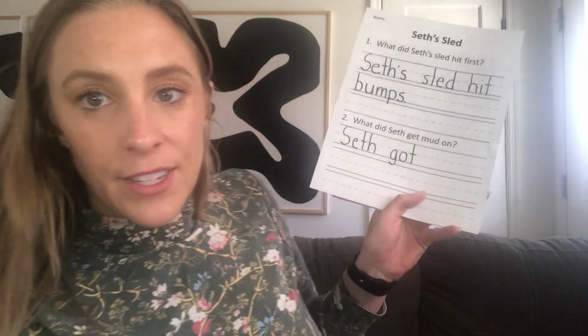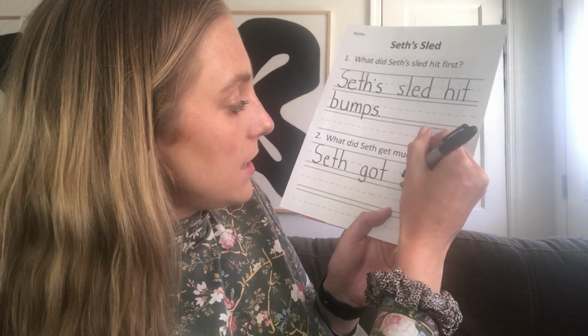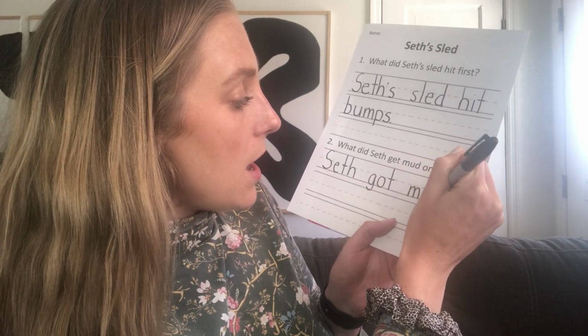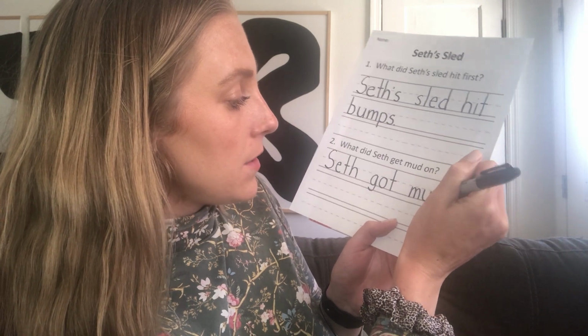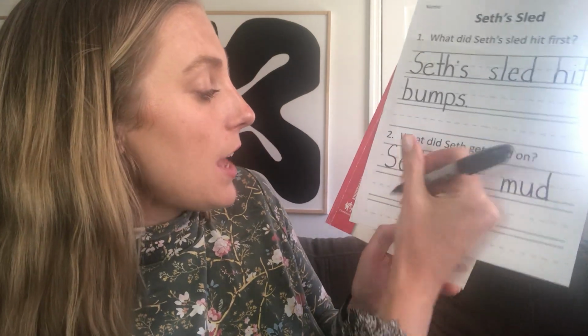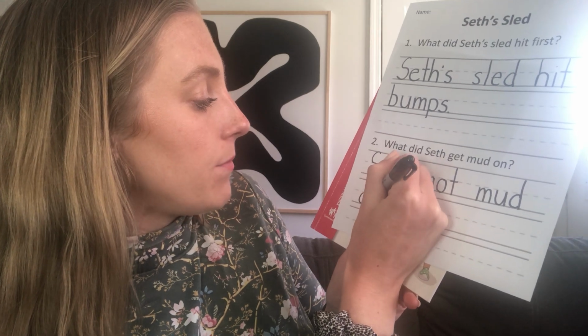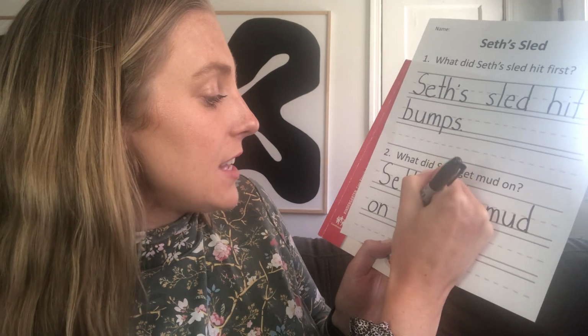Another finger space. Oops, sorry. Trying to write on this book. Seth got mud. Seth got mud, finger space, but in my case, I have to go to the next line. Seth got mud on, that's a sight word, we know how to spell that one, his,